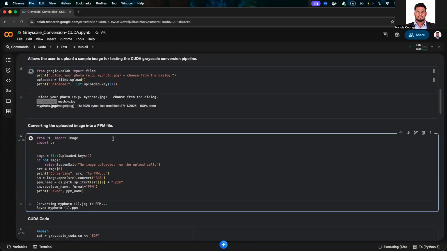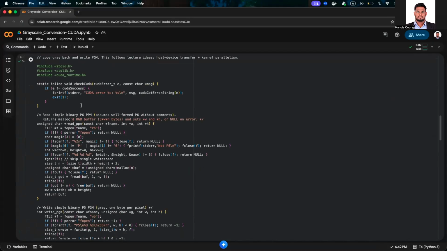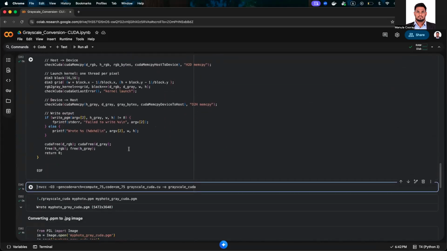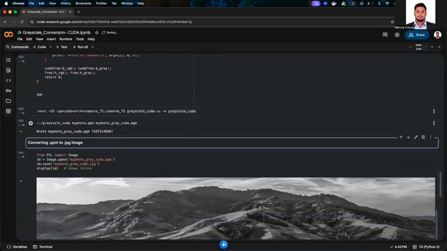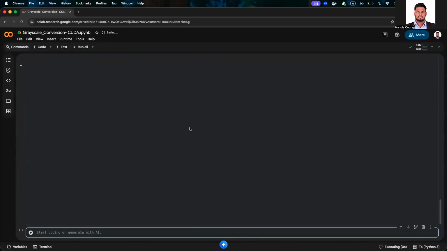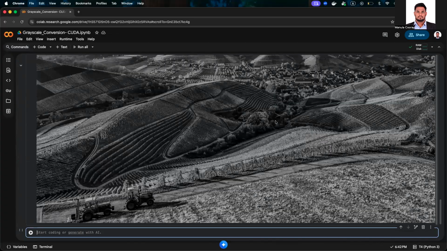This is to convert my JPG to PPM. It has converted. Next, run the CUDA code. A grayscale conversion has